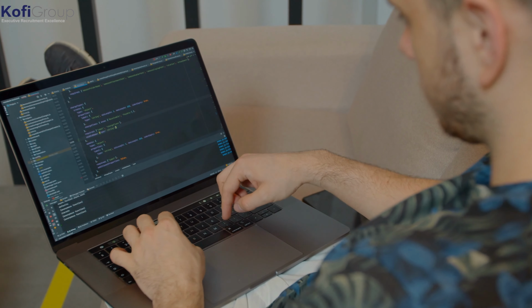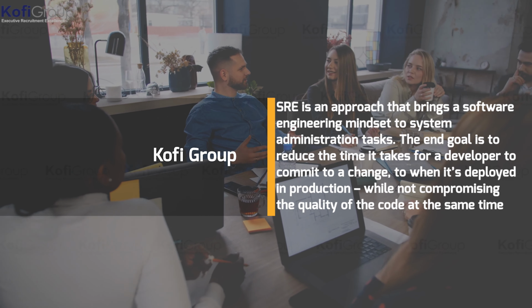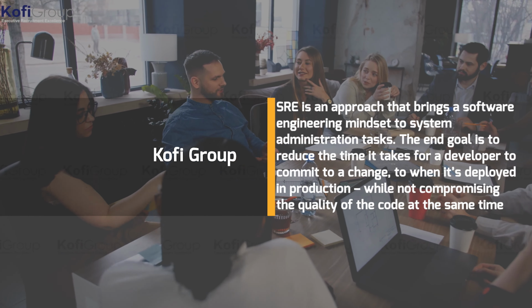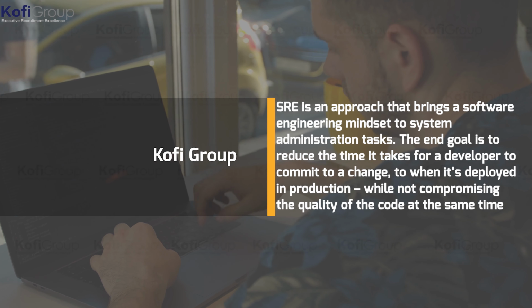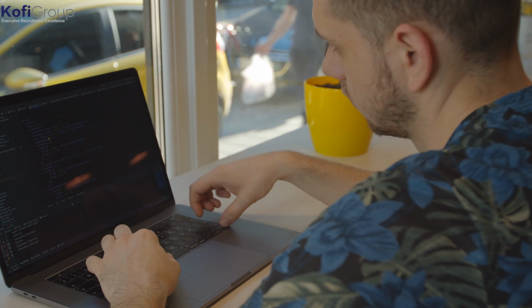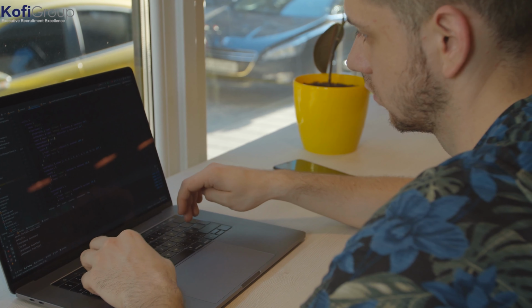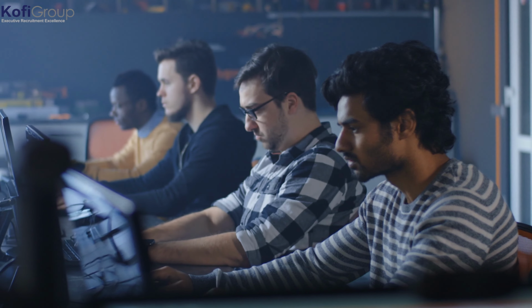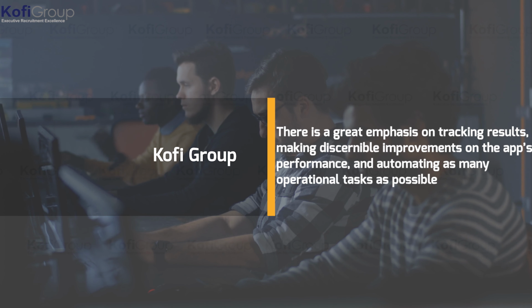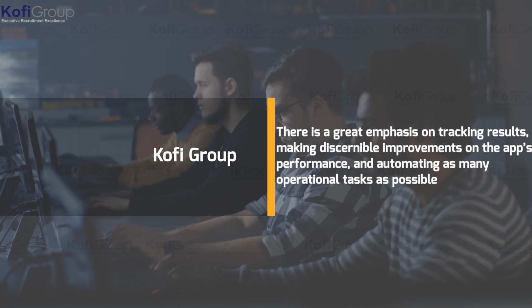SRE. As a basic definition, SRE is an approach that brings a software engineering mindset to system administration tasks. The end goal is to reduce the time it takes for a developer to commit to a change, to when it's deployed in production while not compromising the quality of the code at the same time. It's a software-first approach to IT operations, framed by a set of practices that increase system reliability, the most fundamental feature of any application or product. Only when a system is reliable enough will new features or add-ons be rolled out. There is a great emphasis on tracking results, making discernible improvements on the app's performance, and automating as many operational